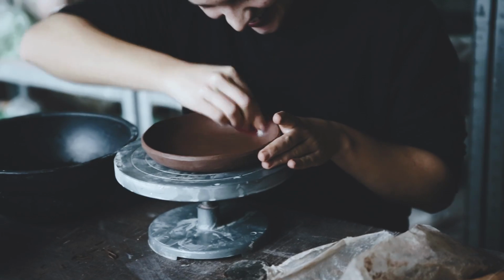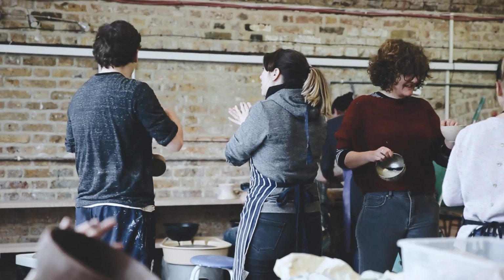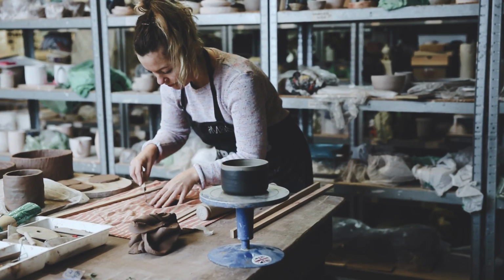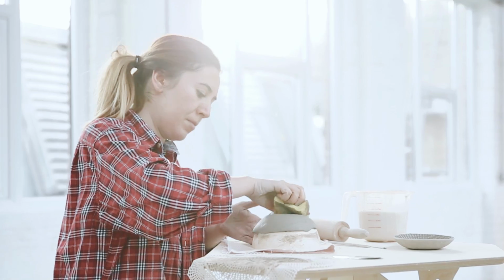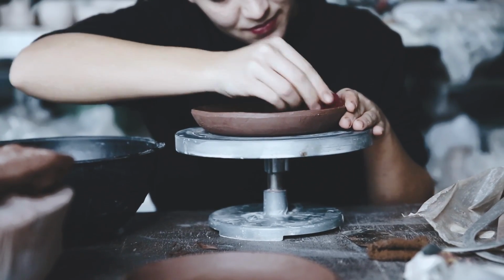The space will also include a classroom for ceramics courses for those new to the craft, where up to 10 courses a week will be taught by professional artists. In an adjoining studio, a cohort of 40 career makers will be part of the first full-time ceramics incubator in London. Ceramics is a very meditative activity, and it helps me to wind down when life gets stressful in London,